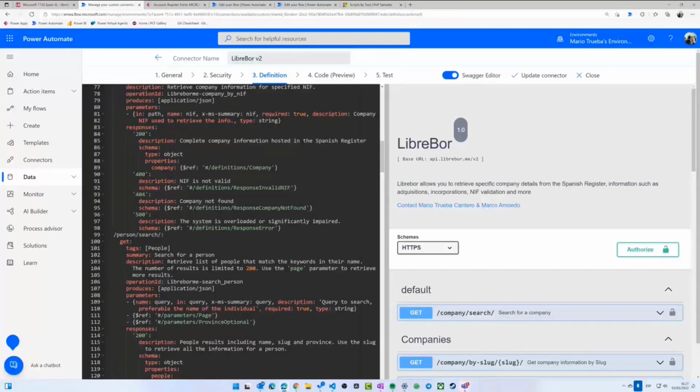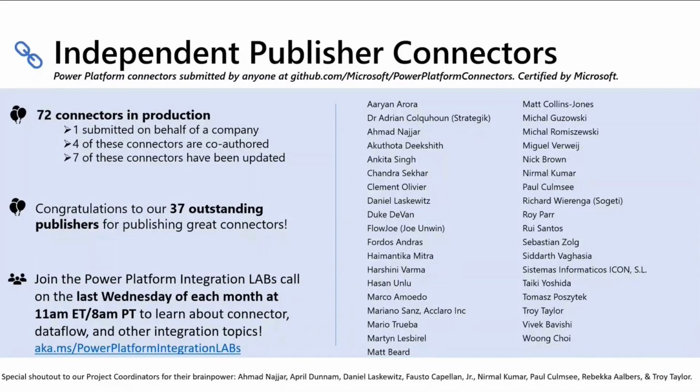Great demo, Mario and Marco. But let me try sharing my screen. All right, so there are currently 72 connectors in production, but just to even step back,